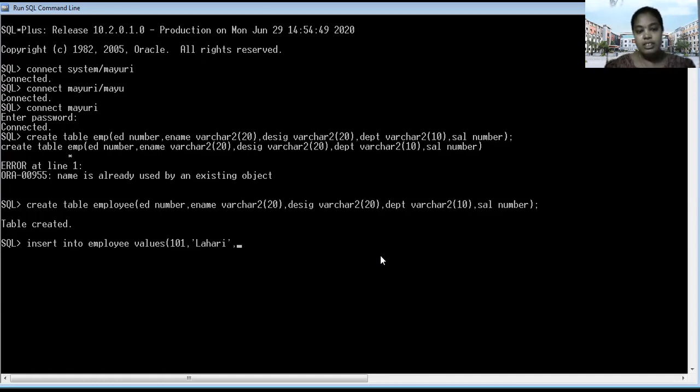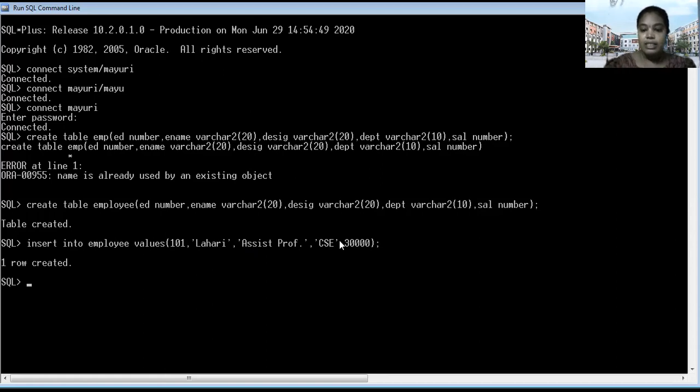Next, designation. She is an assistant professor, again variable length characters, so you give it like this, assistant professor. Next, department. Which department does she belong to? CSC department. Then salary. She earns 30,000. Don't give a comma within the number, because a comma divides the fields separately. So how many values are we giving? 1, 2, 3, 4, 5 values. Enough. One row is created.